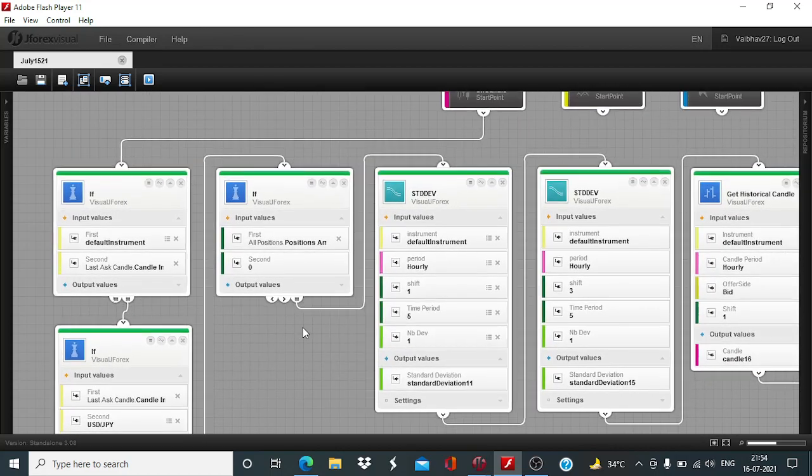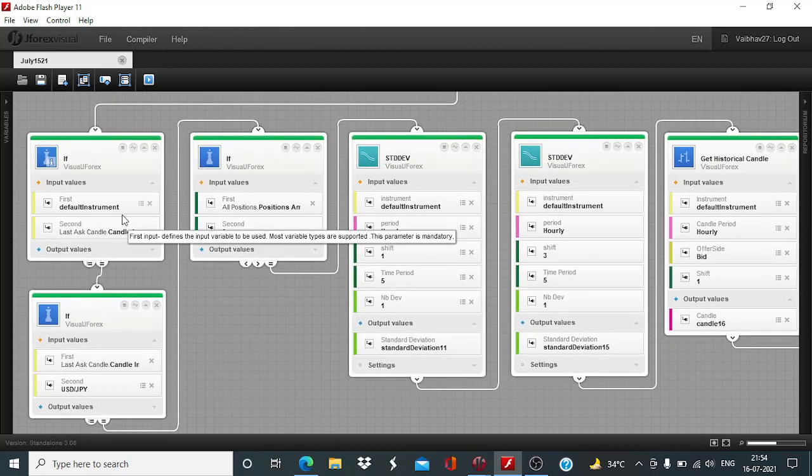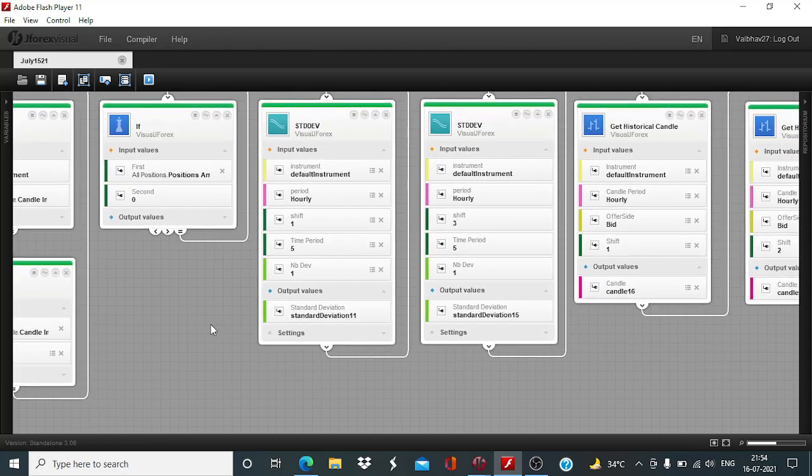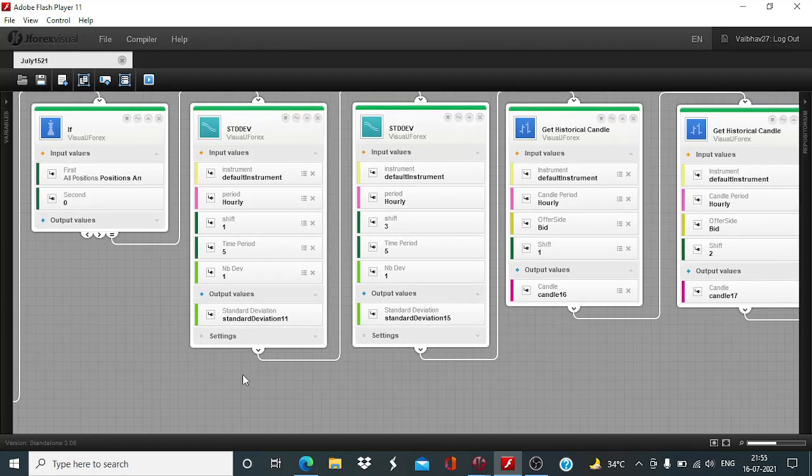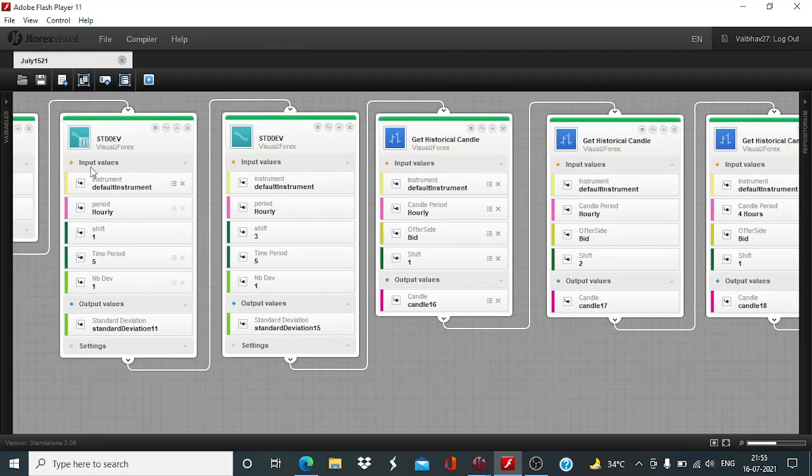This is the setup so far. I had carried out the instrument subscription. This time around we are using USD JPY as our default instrument. The position amount was defined at 0. After that, I have taken these two hourly standard deviation indicator blocks with varying shift values 1 and 3 respectively